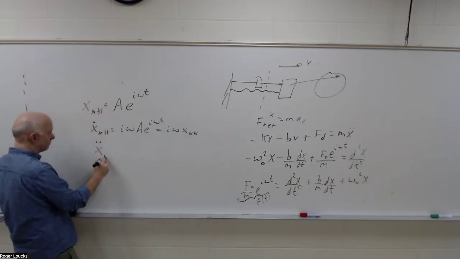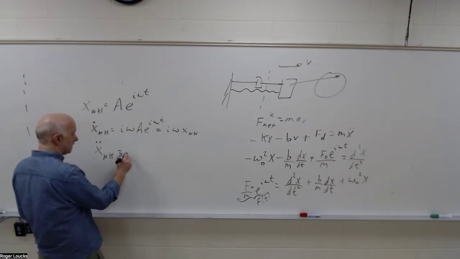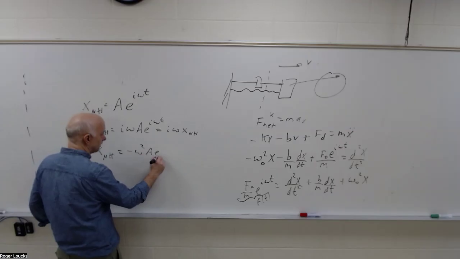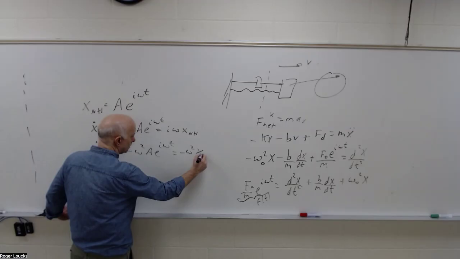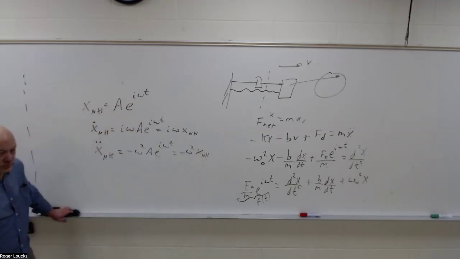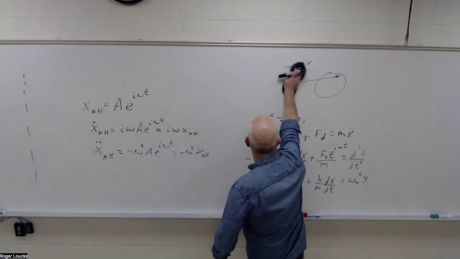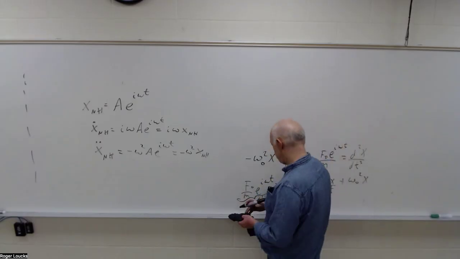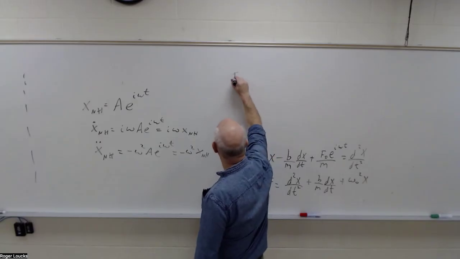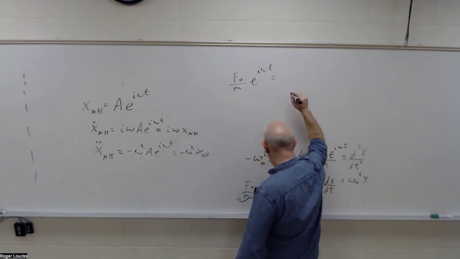And two derivatives of this give me minus omega squared a e to the i omega t, which is minus omega squared x non-homogeneous. What should we do with this? Put it all in. Okay, this gives me f naught over m e to the i omega t equals